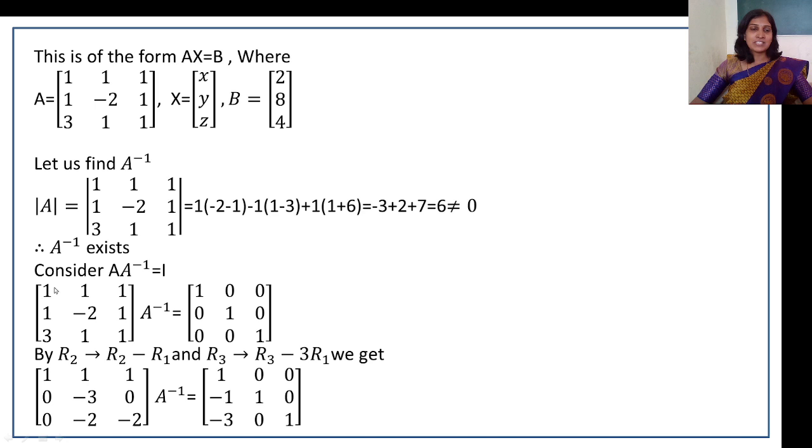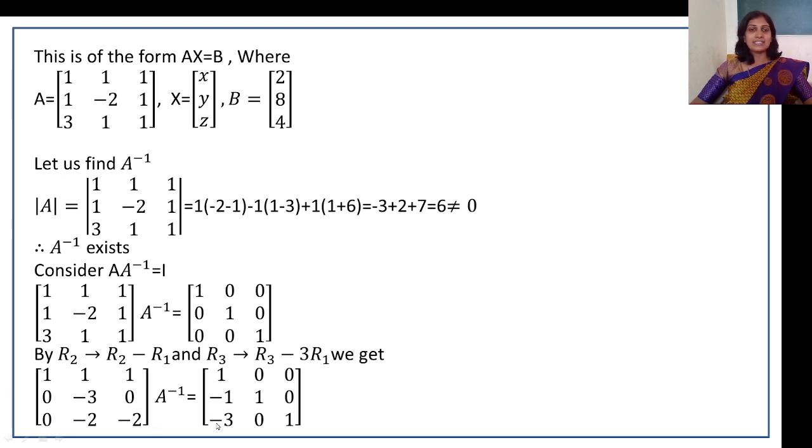Now convert this matrix into identity matrix by using row transformation. So we have to make this and this 0. So R2 gives R2 minus R1 and R3 gives R3 minus 3R1. So here 1, 0, 0. Minus 2 and minus 1, so minus 3. 1 minus 1, that is 0. 0 minus 1, that is minus 1. 1 minus 0, that is 1. 0 minus 0, which is 0. Now, R3 gives R3 minus 3R1. So, 1 minus 3, that is minus 2. 1 minus 3, that is minus 2.